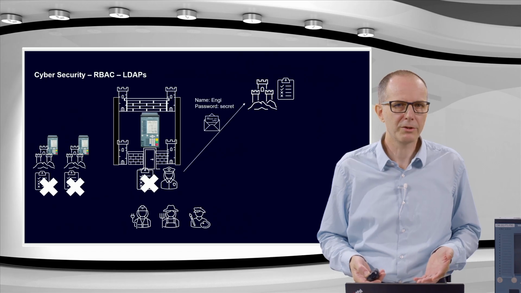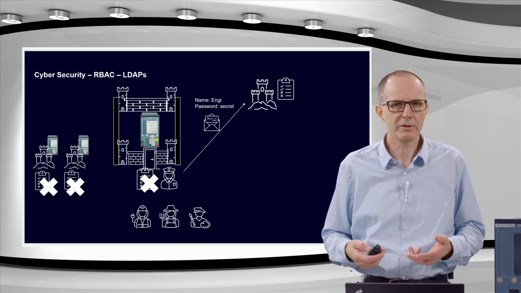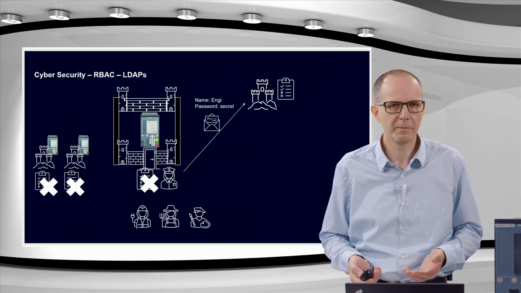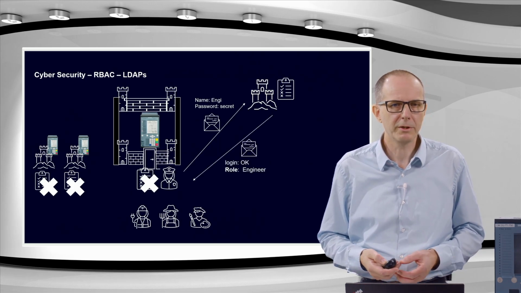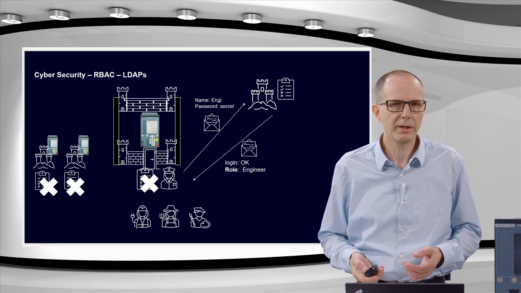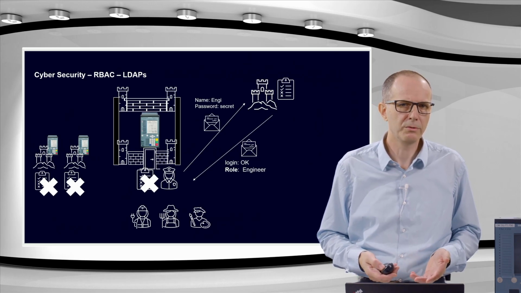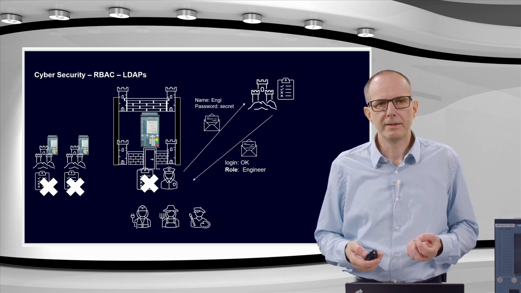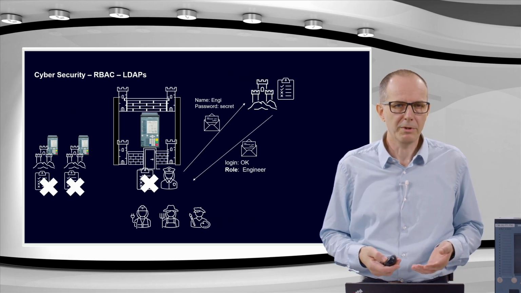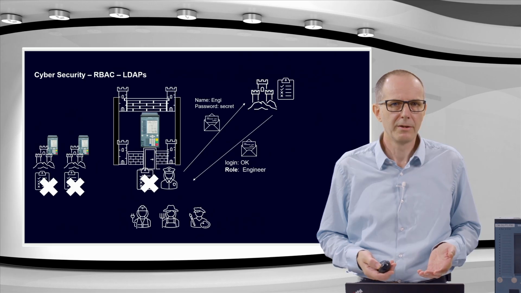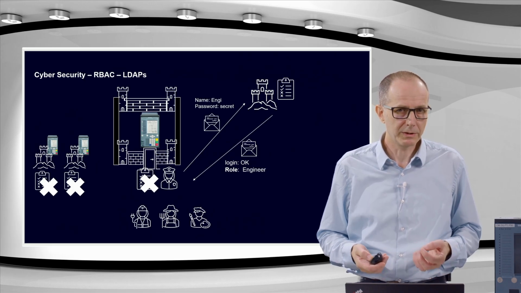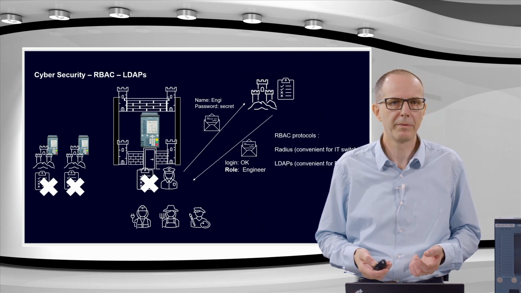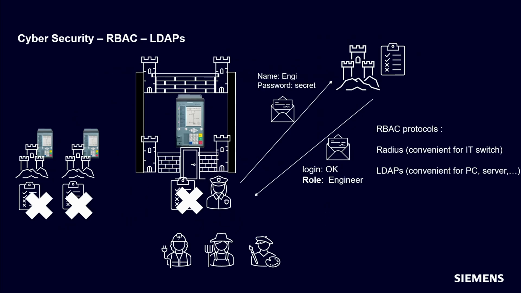When someone wants to connect to the device, your guardian will talk with the central management by sending a request with username and password. And the central management sends a response, including the role of this user if he is authorized. This easily explains the magic behind RBAC. The way the message is sent and the encryption of the message can be different. Most common names for this protocol are